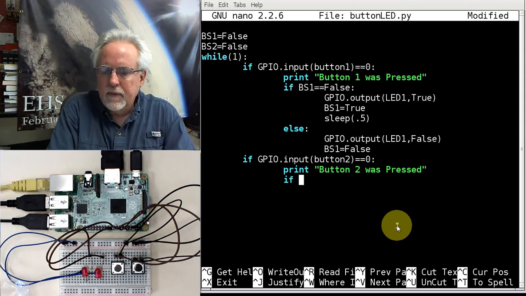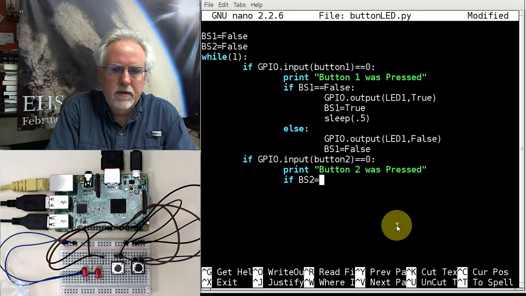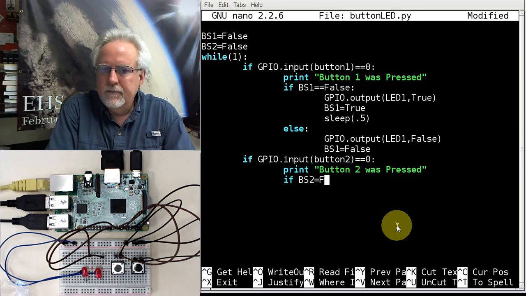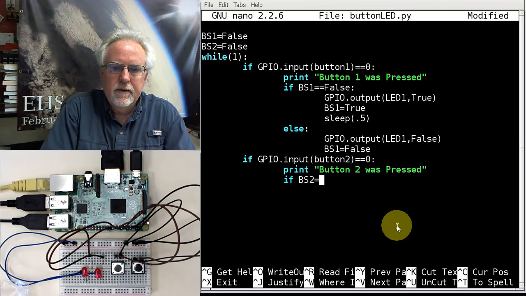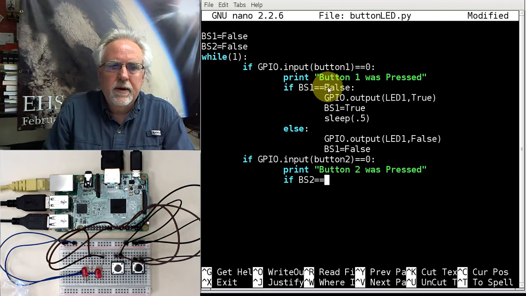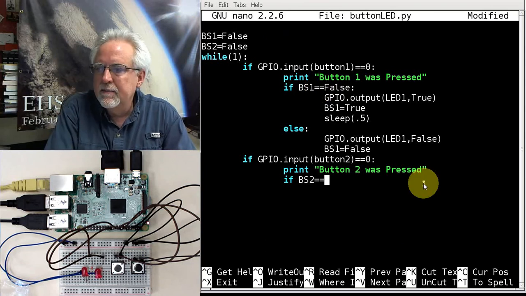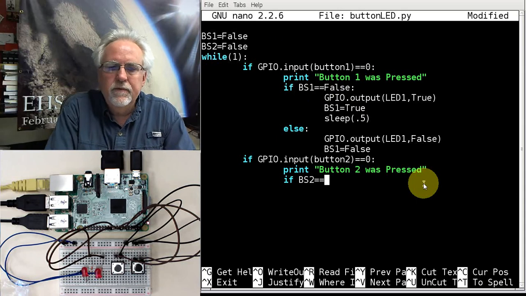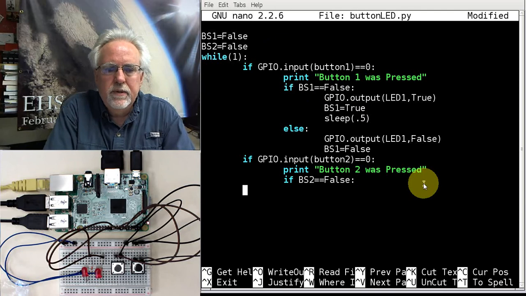If BS2 equals, equals equals. That's the biggest mistake when I work with students, they try to do a conditional and don't put equals equals. So I am embarrassed when I make that mistake. So if BS2 is equal to false, if it's off, what do I want to do? Well,